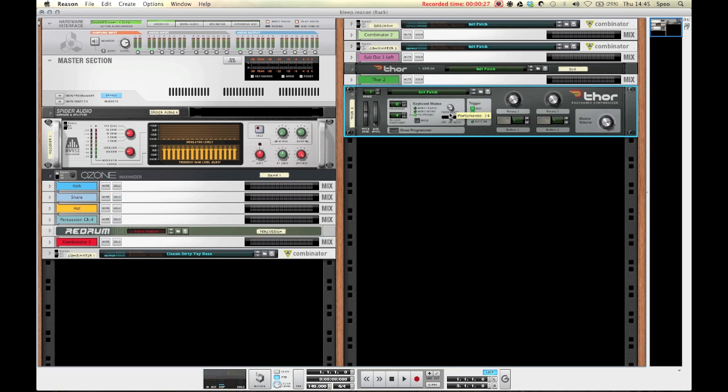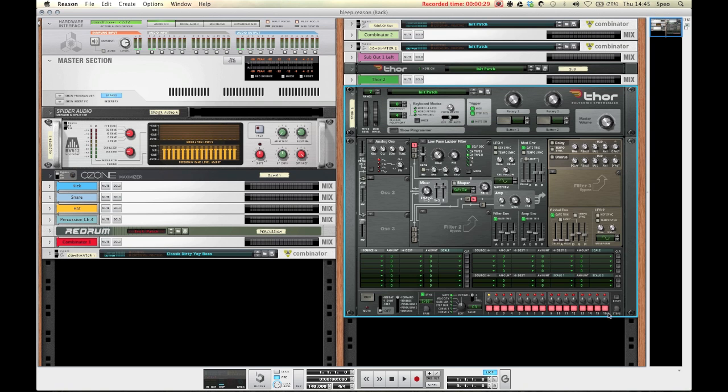Chuck in a Serum, turn on the portamento with a value of about 20, set it to mono retrigger and bring up the sustain on the amp envelope all the way. Now we want two wavetable oscillators, so chuck those in and don't forget to activate them in this section here. We'll bring up the first one to octave 6 and the second one we'll bring down to octave 3. So the first one is just there for the high bleepy sound and the second one delivers the lower frequencies